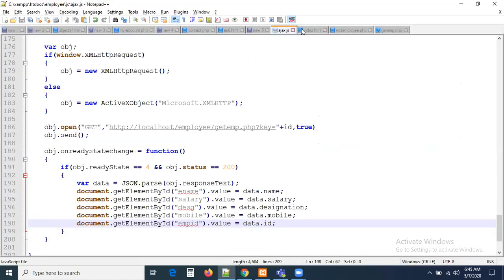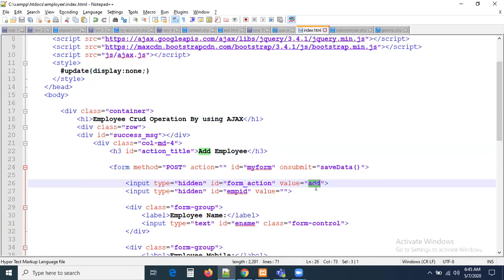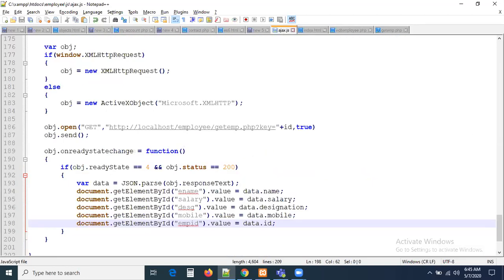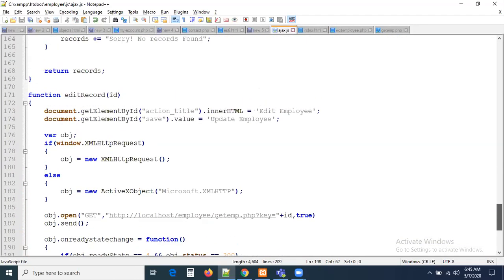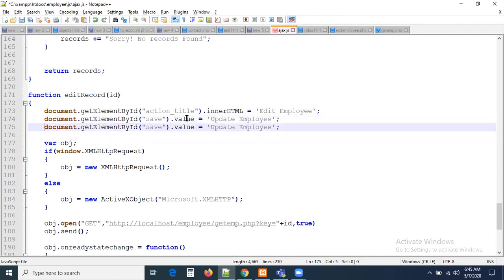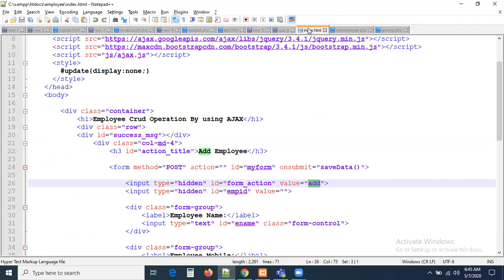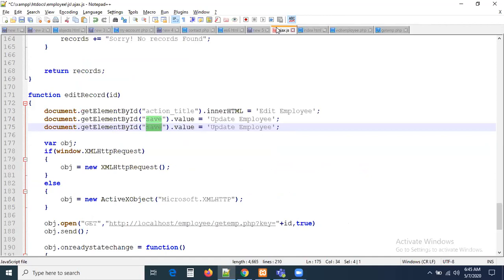What is the action we have provided here? Initially, the form action is add here. Let us make this edit when the user clicks the edit button, so it is easy to understand. So now I need to get the form action as well. Once the user clicks here, let me change the action. What is the ID we have taken for this? ID is nothing but form_action. The form action value initially is add. Now once a user clicks, it is going to be the edit action.